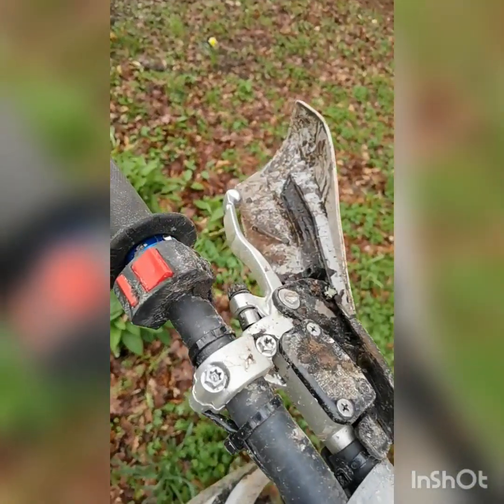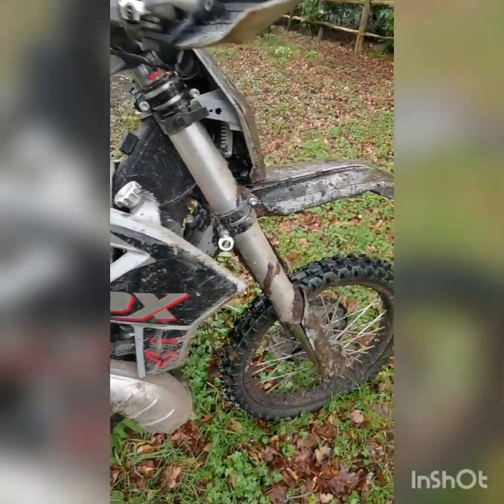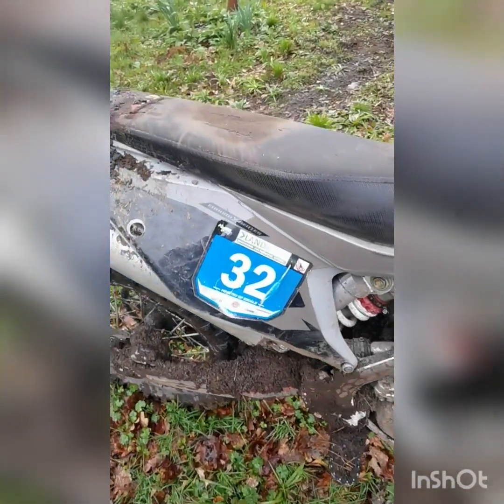The clutch was absolutely perfect. It was one finger. I don't think I touched that clutch with more than one finger all day, and the lever feel just didn't change at all. It didn't move in or out. It just stayed consistent. There was no squealing from the clutch, no noise from the clutch, and